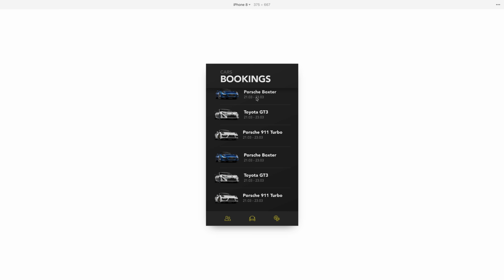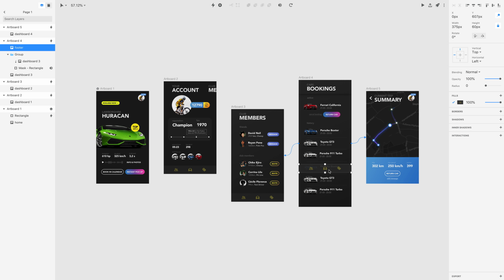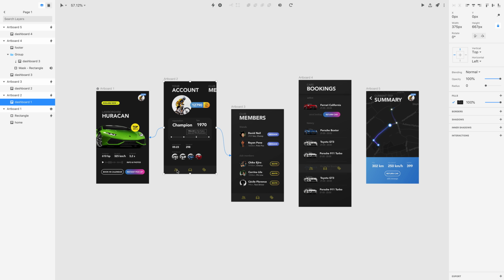So yeah, this is how you do it. You can pin the position of elements, so you can either have a separate screen that you import onto this artboard, or you can just duplicate and mask out the things that you want to have in a fixed position. Okay, the last thing that I want to do in this rapid prototype is the secondary nav,